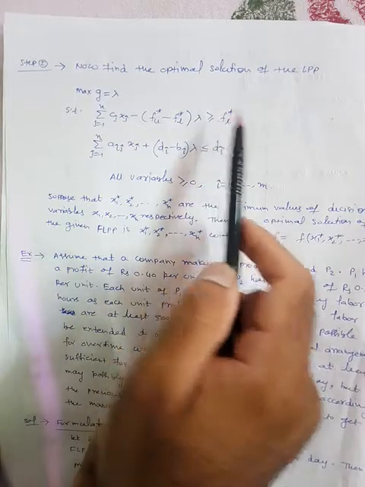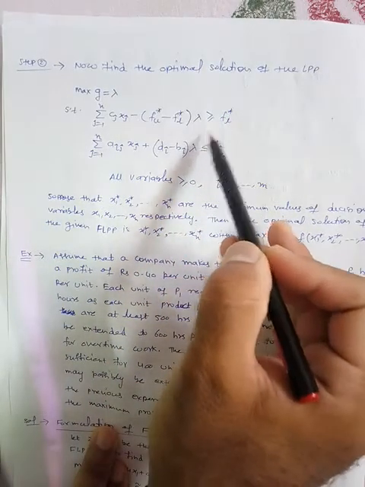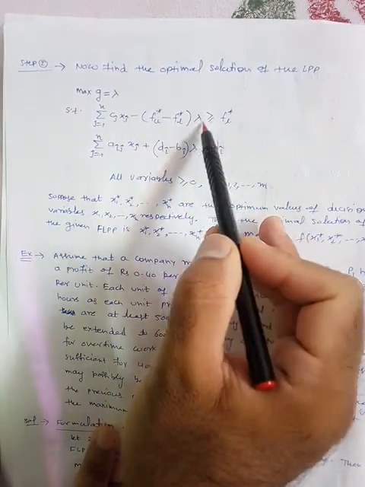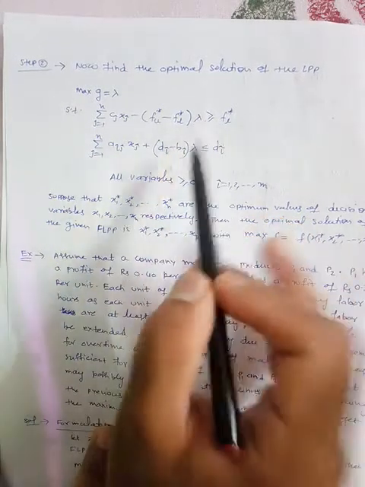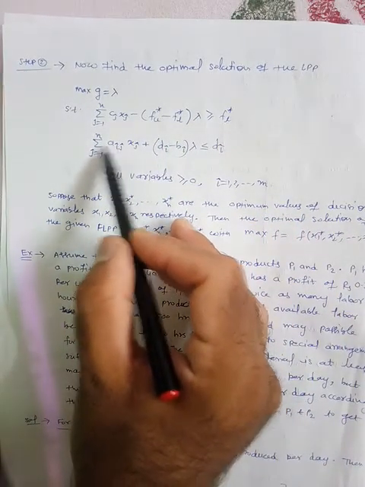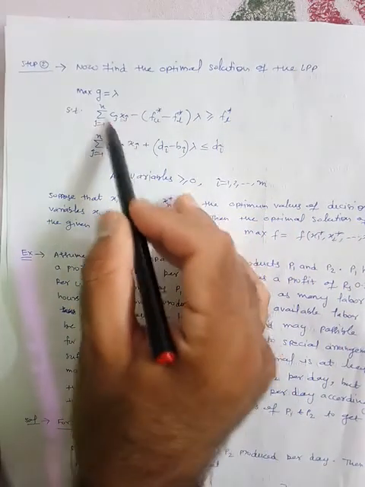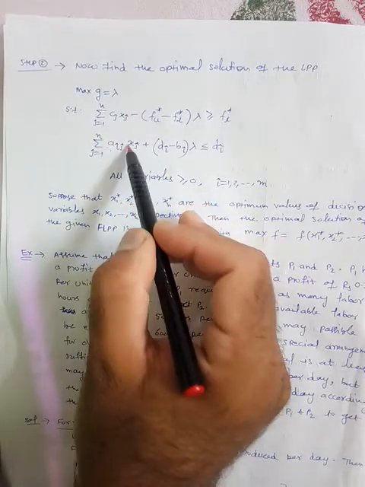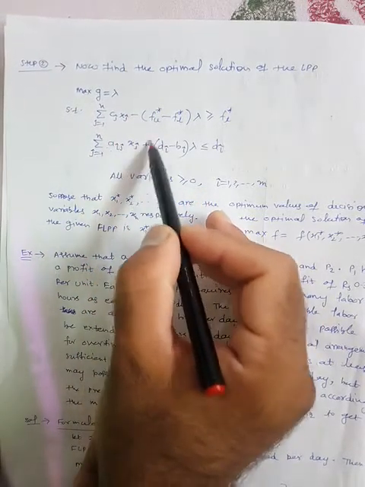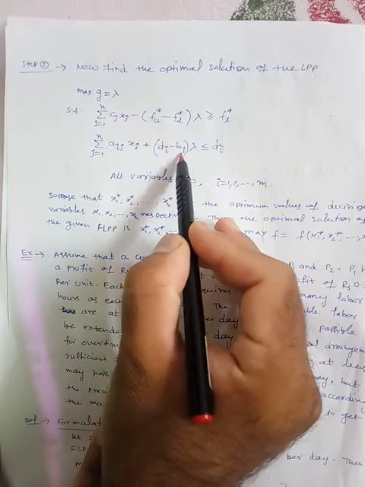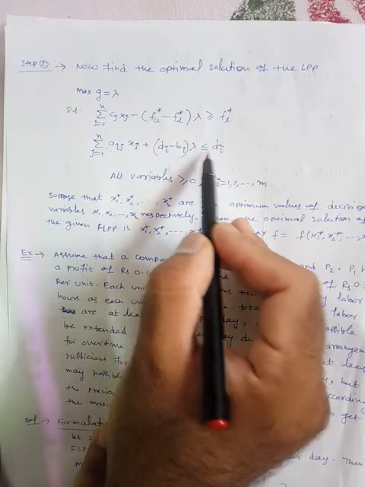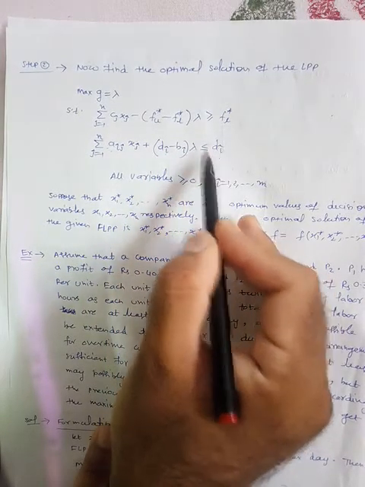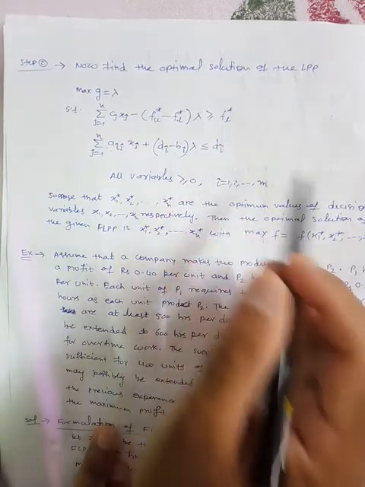FL star, that is, greater than the lower value, with whatever confidence we want. Then, subject to this aij x, this is the objective function, not the constraint, sorry, this is from the constraint, plus di minus bi times lambda is less than or equal to di, that is, it should be less than the upper value.